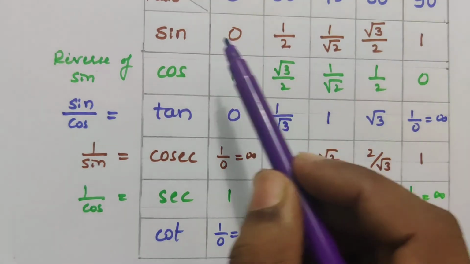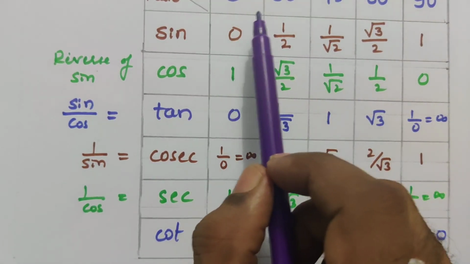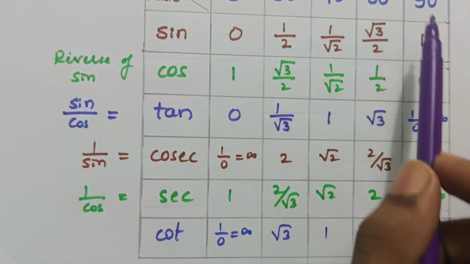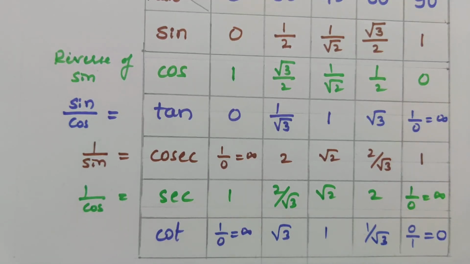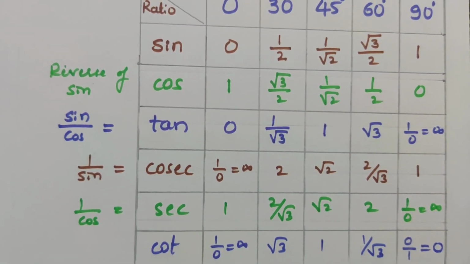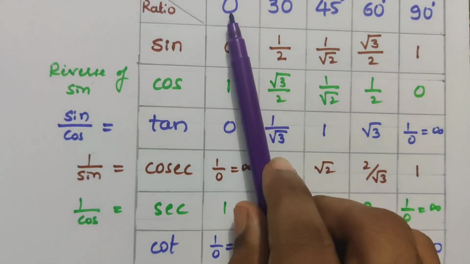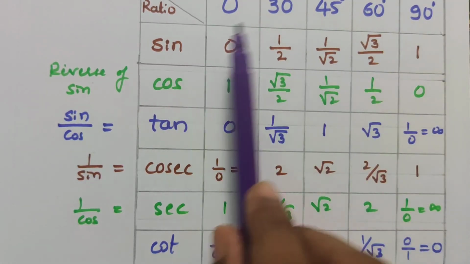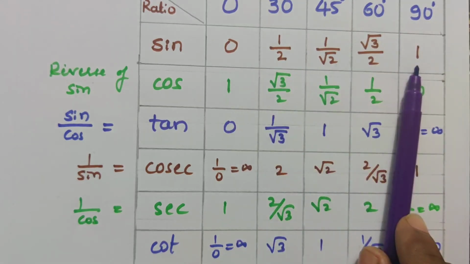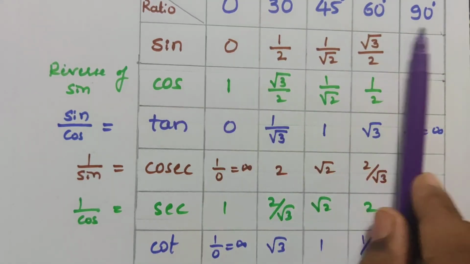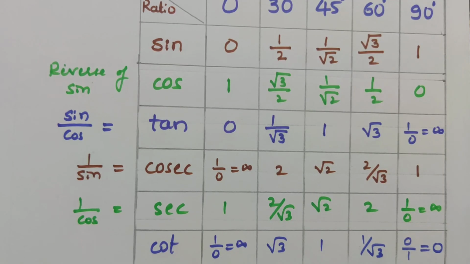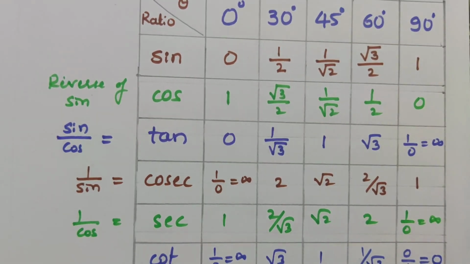So this is how the trigonometric ratios of standard angles are prepared. This table is known as the trigonometric ratios of standard angles. So you got 6 ratios and 5 angles. So sine of all 5 angles, fixed value. Cos of all these 5 values are fixed here. So like this, you can learn to prepare the trigonometric ratios of standard angles, and you can practice this table,